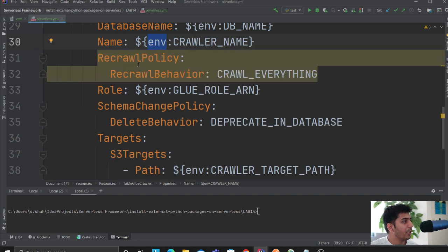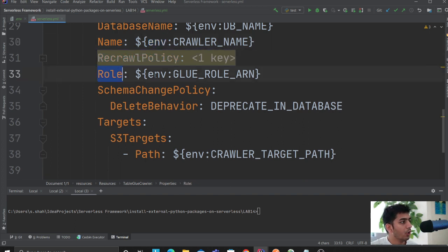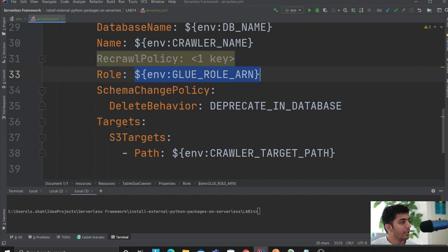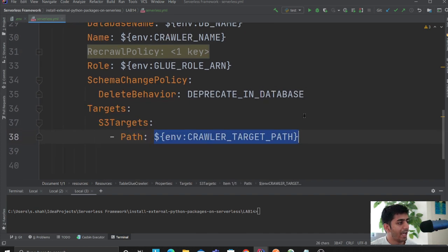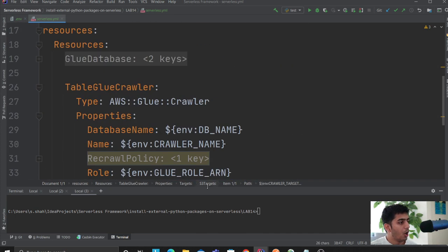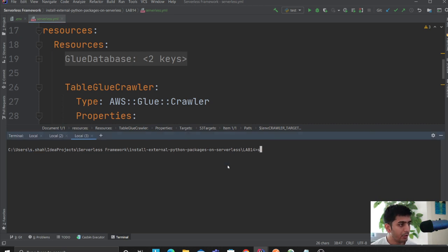This is the property called recrawl policy. We are saying crawl over everything in the location. Role, this is where I will pass in the ARN that will have the permission. Then here I'm just saying S3 target, and I'm providing the path. As easy as that. Now, all you have to do to make this work is say sls deploy, and